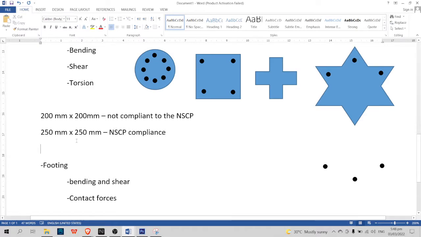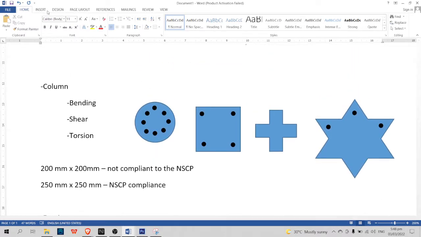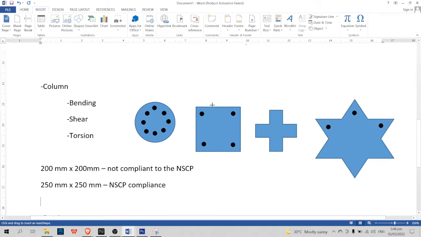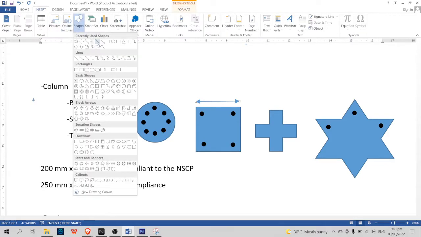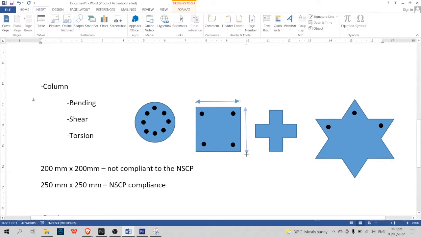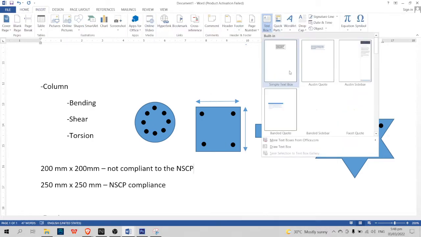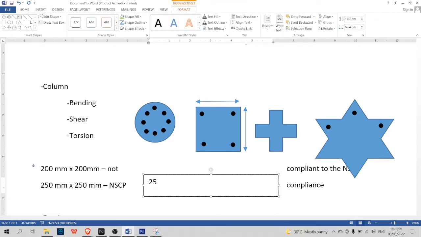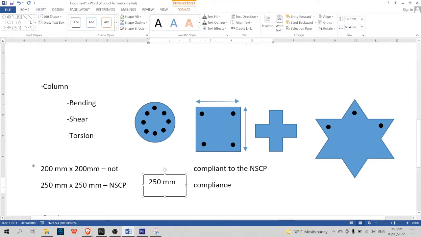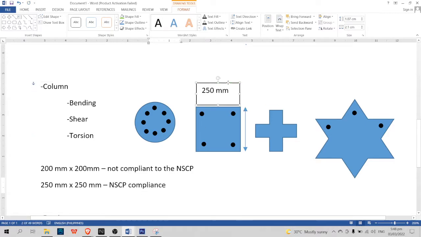Okay. So, ibig sabihin yan, yung dimension nito is dapat 250. So, lagay ko na rin 250 mm. Medyo na-advance na natin to. Sa column pa sana natin i-discuss to, but para may idea kayo. Dapat minimum of